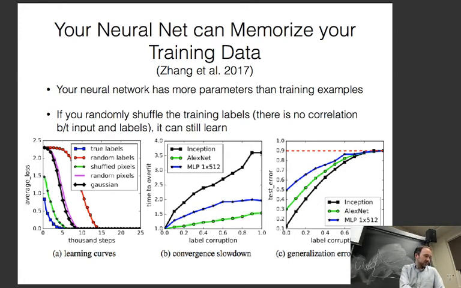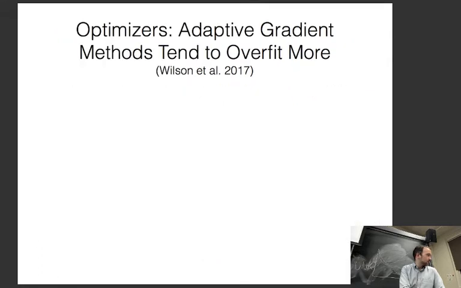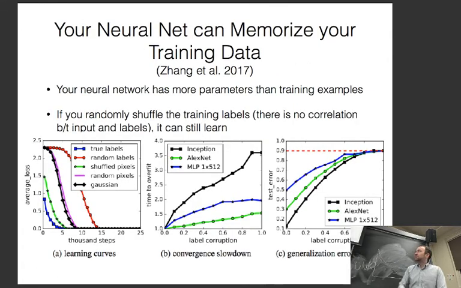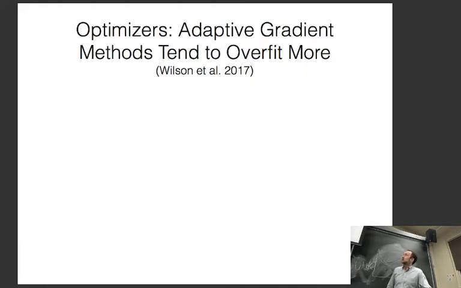And they also did things where you corrupt the labels, etc. So given this, because your neural network can memorize your training data, it's quite possible that it will learn to memorize the training data, but not learn anything useful to generalize to the test data. And if that's the case, we need to know why, and we need to know how to